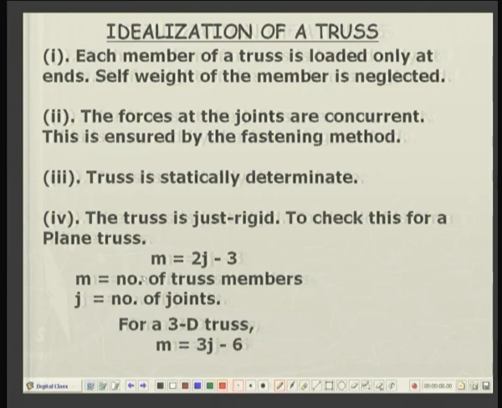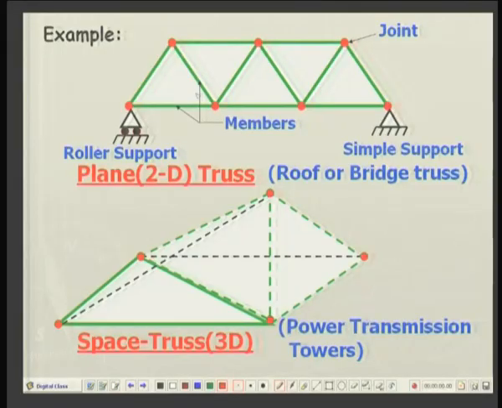Number 2, the forces at the joints are concurrent. Joints are where various members come together. For example, going back to the picture, this is one joint, another joint, etc. Over here 1, 2, 3, 4 members are coming together. They are meeting at a point, and although we are representing these members as lines, that is, by their axes, all these 4 axes meet at a point, and since the forces are along the axis of each of the members, it means that the forces on the truss members are concurrent forces.